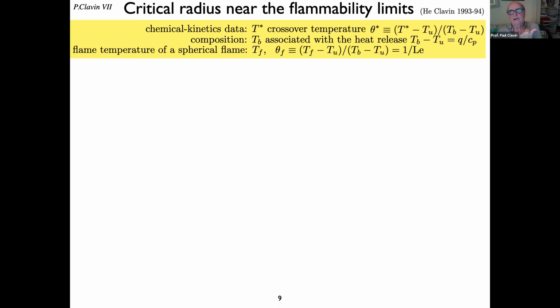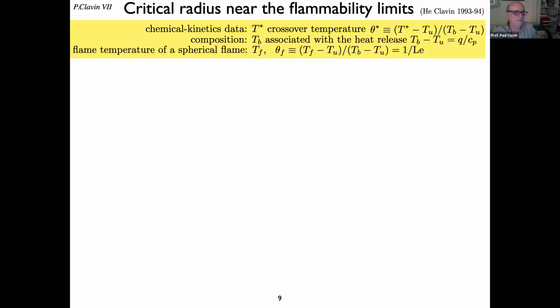One, T star, is a crossover temperature, which is purely defined by the chemical kinetics. It is chemical kinetics data. It has nothing to do with the composition. TB, which is the adiabatic flame temperature of a planar flame, is completely defined by the composition, because